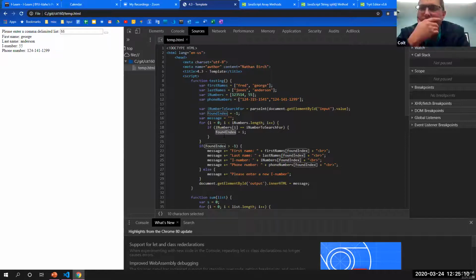Okay. Last thing before I go on, objects. You don't really use parallel arrays very often. Generally, you will have what you call an object. So an object is similar to a document. You have a bunch of stuff in it. But instead of having four arrays for this kind of data, I could say var student equals, and I have my curly braces, and I could say firstName equals George. And I have a comma, and I'd say lastName